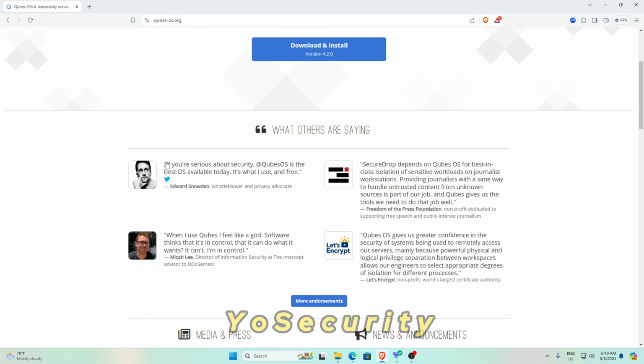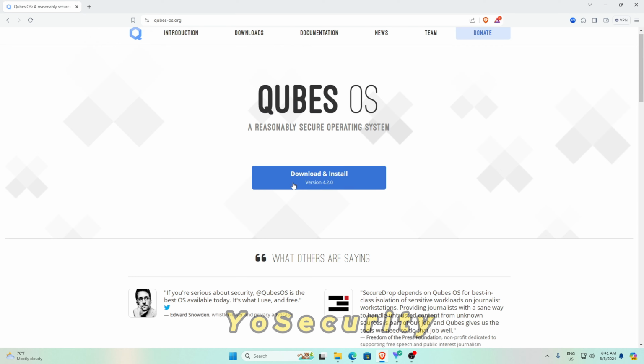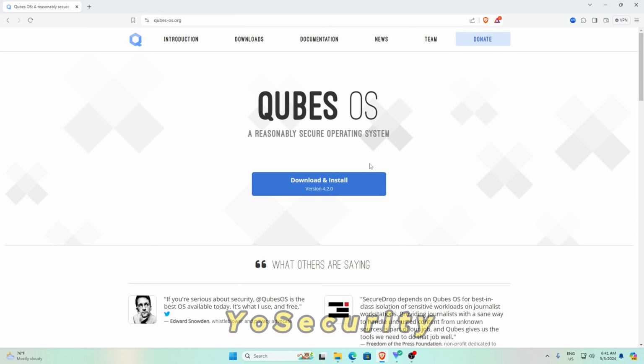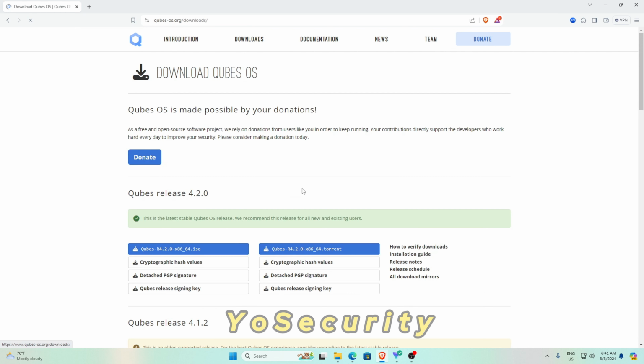So let's see some write-ups. So it was loading one of the whistleblowers. He said, if you are serious about your security, QUBES is the best OS available today. Is what I use and it's free. So if you are concerned about your security, QUBES is one of the best OS available today, and it's also a free resource. So we go ahead to click on download,